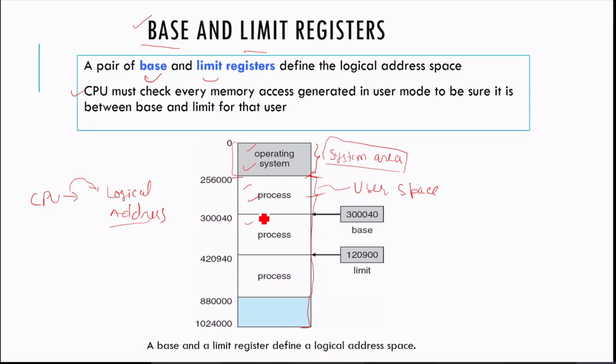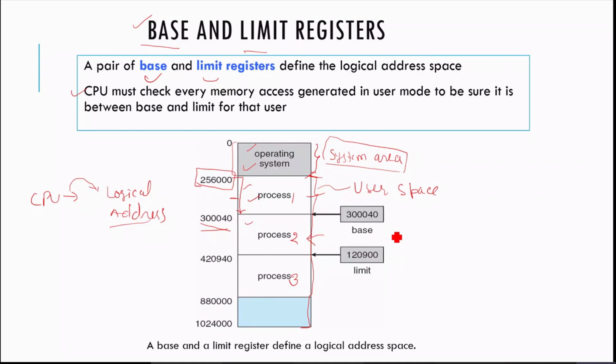Now how will we make the divisions? Suppose this is process 1, process 2 and this is process 3. For all these processes, how will we allocate the addresses? What is the meaning of base address? Base address means the starting address. And the next one is the limit register, which means the limit is up to here. If you subtract 25600 from 30040, you will get some value that will be treated as the limit.